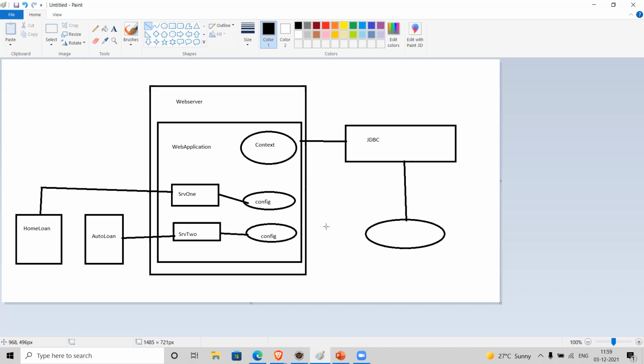Form 1 and form 2, yes, we can say like that. In real time, we implement web applications for multiple requirements. Let's consider this banking application.